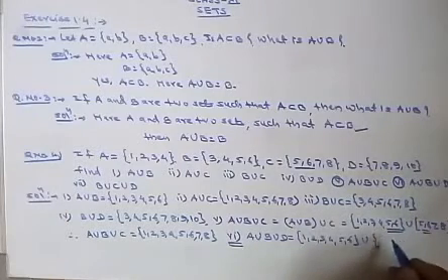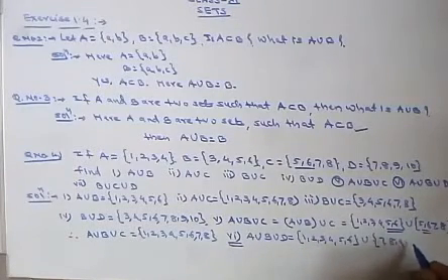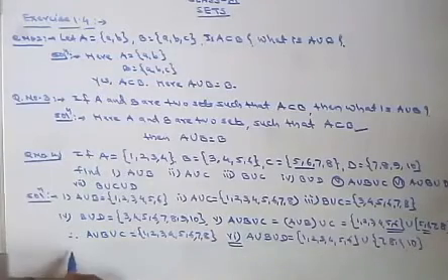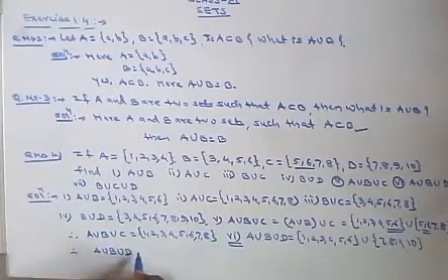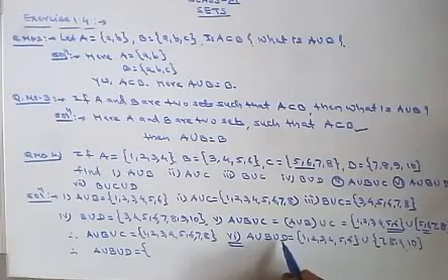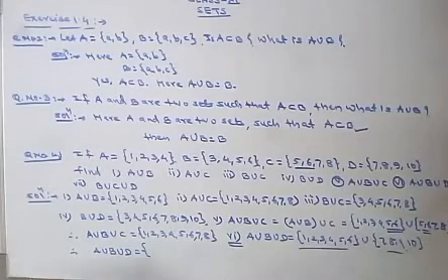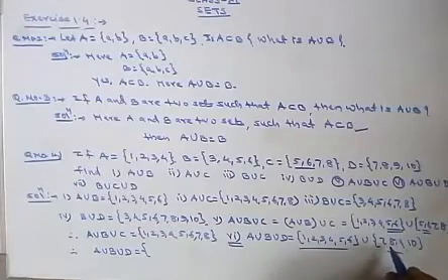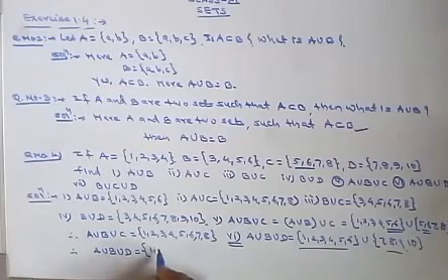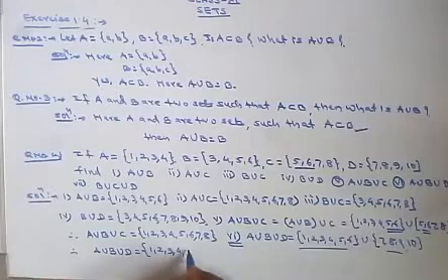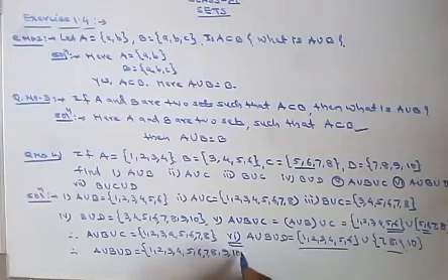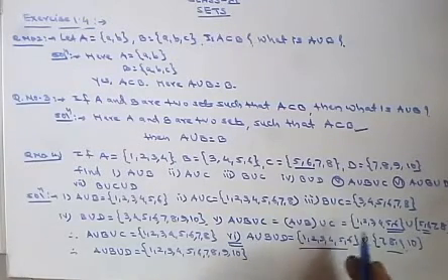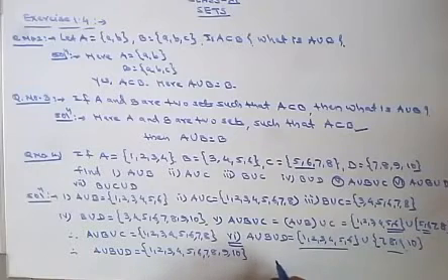D is 7 8 9 10, therefore A union B union D, इसका यूनियन ले लो 1 2 3 4 5 6 7 8 9 10, okay. Then take last, that is seventh,